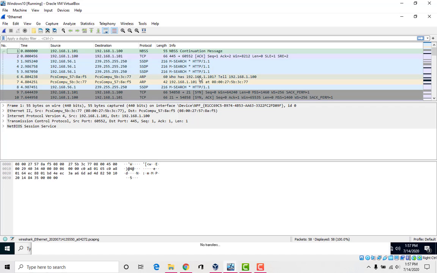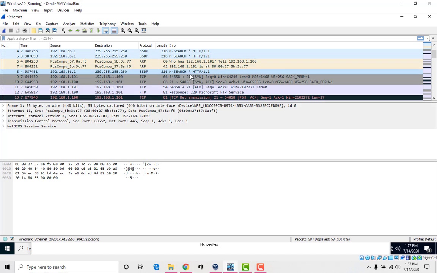So there's a lot of junk here. There's a lot of things that the network does automatically, right? It's doing some Address Resolution Protocol, right? It says who has this IP address, and then tells the server who has it. So all these packets that you see here are constantly updating.